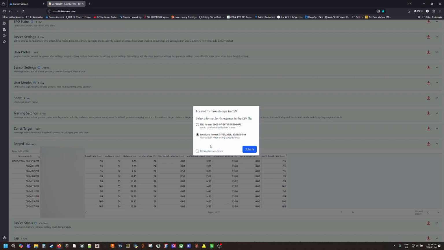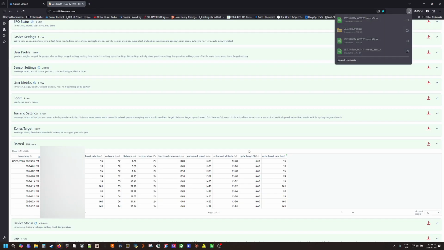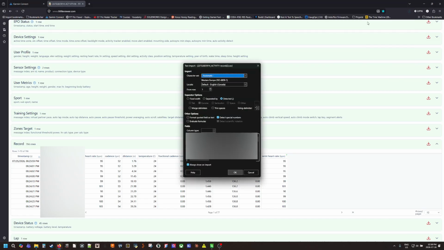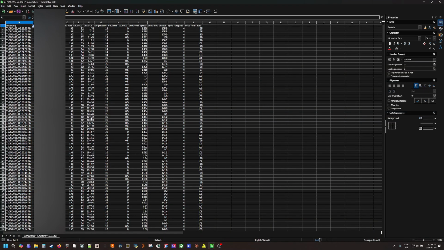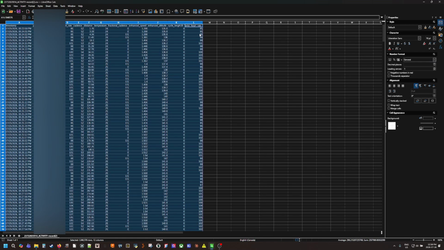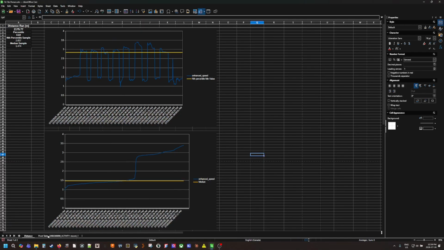I always click localized format just so I know what time these things are happening. It doesn't matter though. You can click either one. The spreadsheet will still work. Then you submit that. Now you have a CSV file. Open that. And then you want to select everything in there. Control C. And then you move over to the fit file parser,